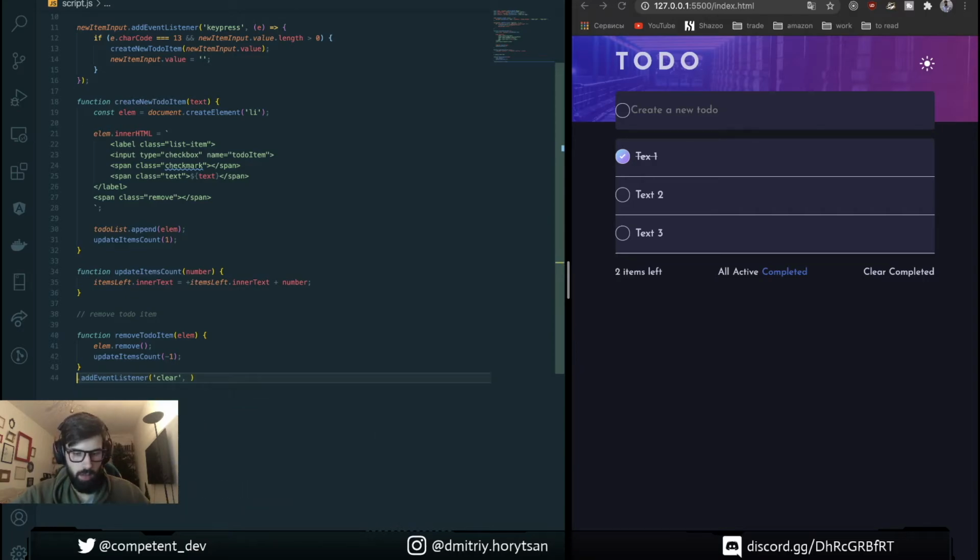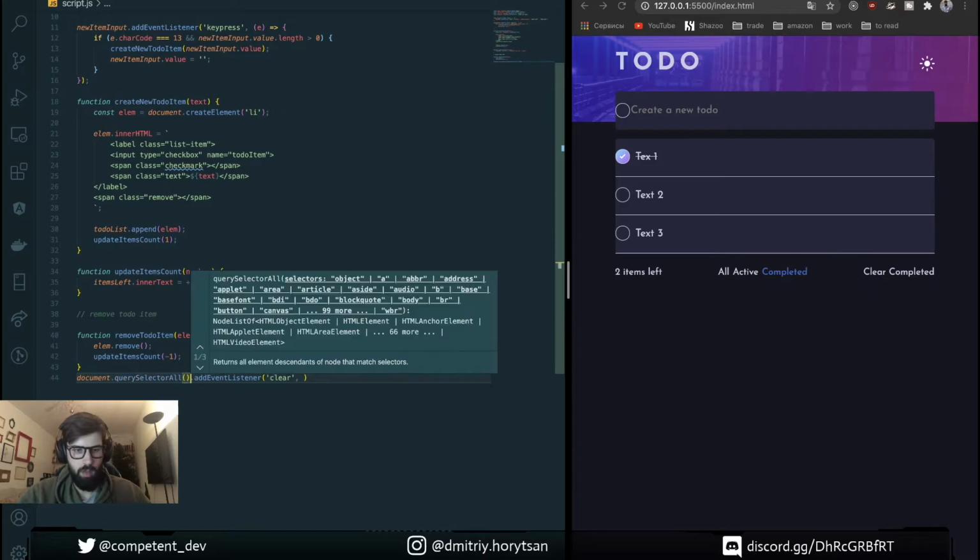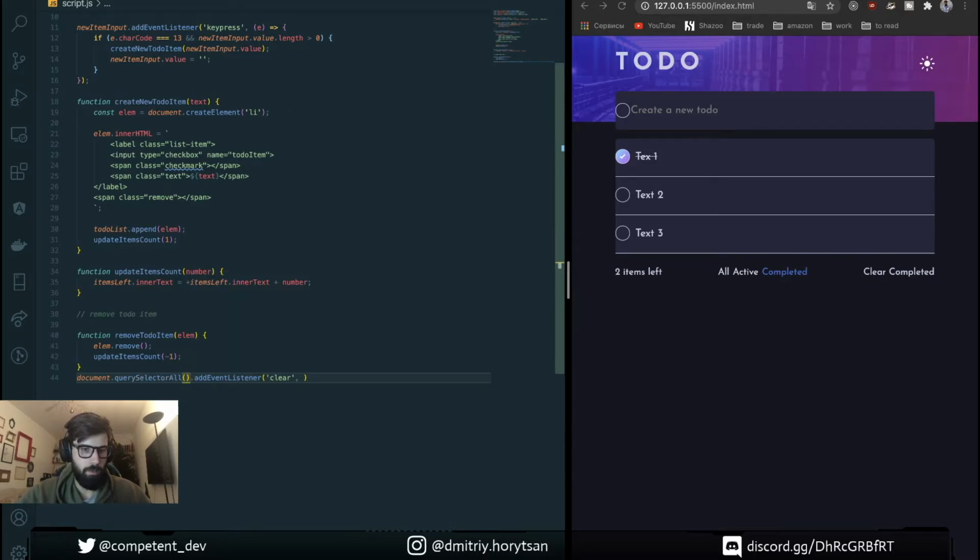Document query selector all, clear, then for each item we're gonna put an event listener, item add event listener, click.